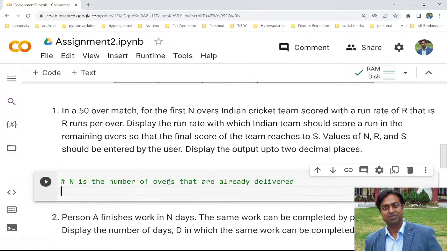So let me make it a comment and let me get this input from the user. So enter the number of overs delivered, right? So over here, with the help of the input command, I am able to get the input from the